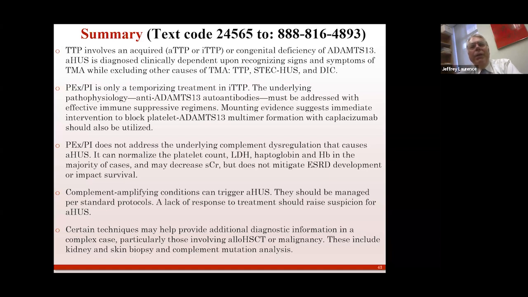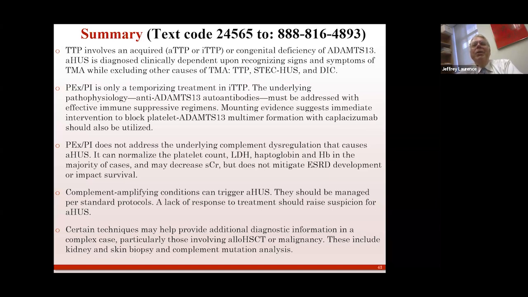If they don't respond to Rituxan, as in this case from Israel, our particular algorithm is we tend to go to Velcade. We tend to go to the proteasome inhibitors to block the plasma cells, just as we would for recalcitrant immune thrombocytopenic purpura. And if that doesn't work, there are multiple other things you can do.